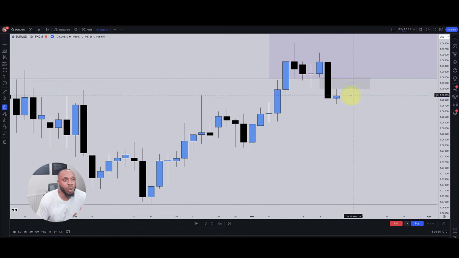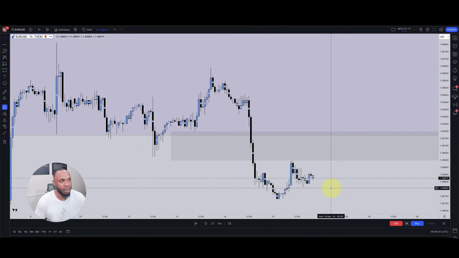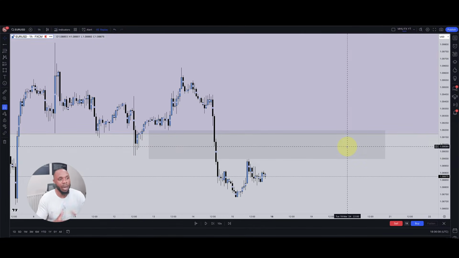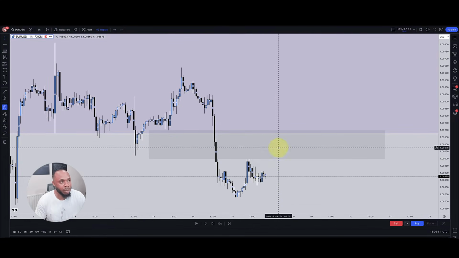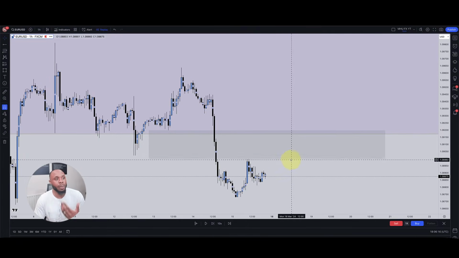And so what would you do then? This is when I would go down to a lower time frame to try and refine this area, or to see what price does when it gets to that area. I'm on a 1 hour time frame now. So now this is my gray shaded area. This is my imbalance or my fair value gap. You don't know how deep price is going to run into this. And so your best option then is not just to jump in straight away.